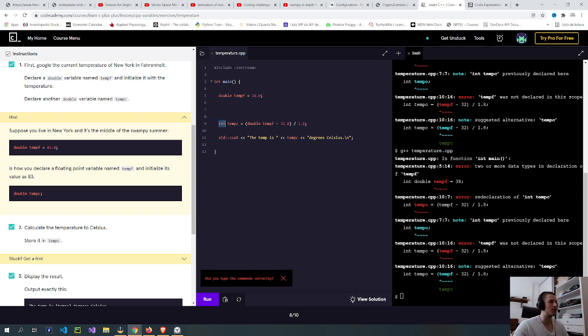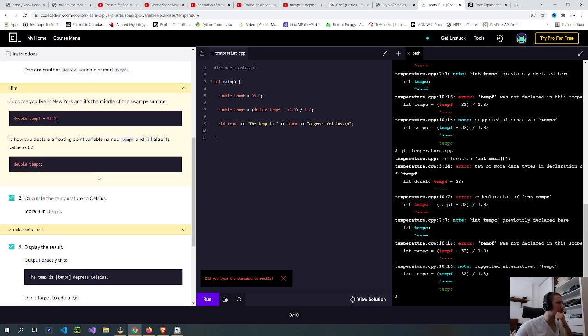Then double temp C. Let's see now if it works. It's still not working. Double temp F, double temp C.